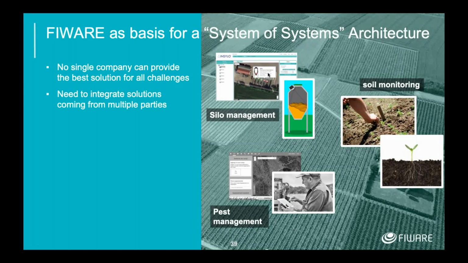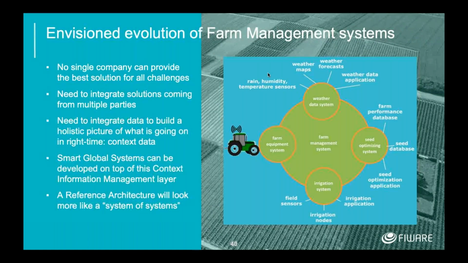We can also use FIWARE on the basis of a system-to-system approach, because we are able to retrieve information from other context brokers as information which is relevant for my entity. So I can augment my entity with information from other systems. So we can take information from, say, a silo, a pest management system, and so on and so forth, to come up with an overall integrated version of the farm.